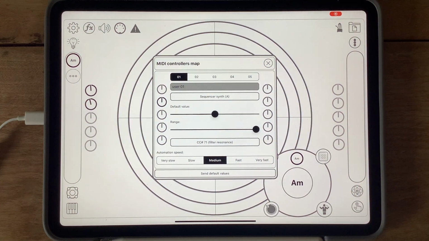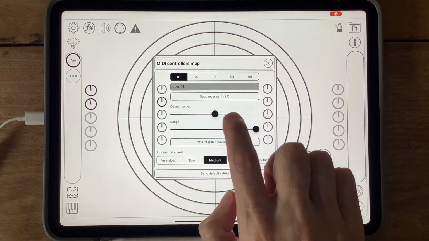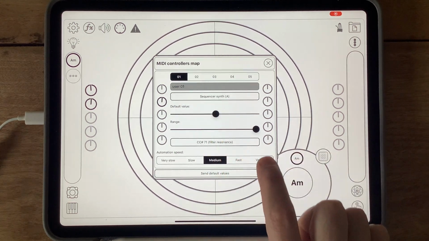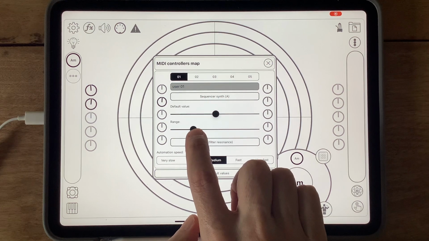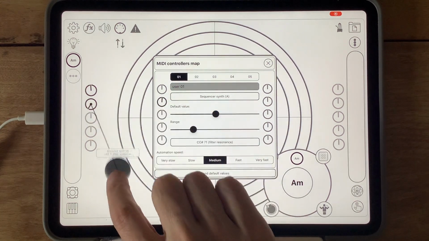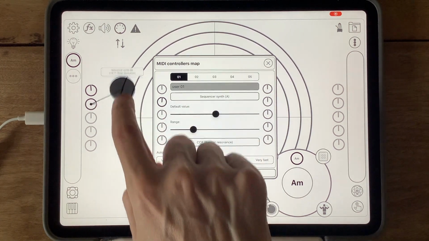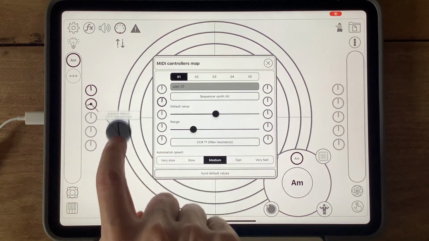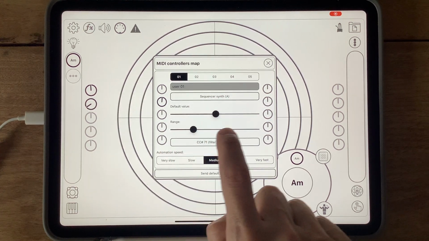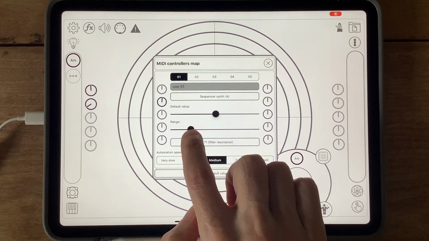So what you can do is basically say, well, the default value for this guy, the filter resonance, I'm going to say it should be about halfway, but I'm going to reduce the range to about that. So that means even though you've got the full rotational angle of this controller here, you're actually only changing it over a reduced range. And I haven't put any numbers on here. It's really just a case of